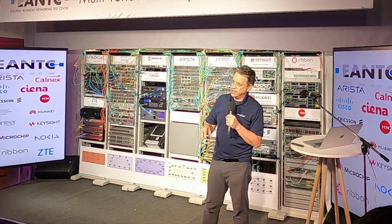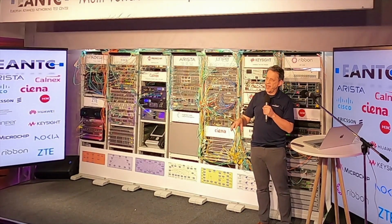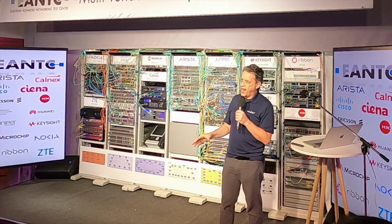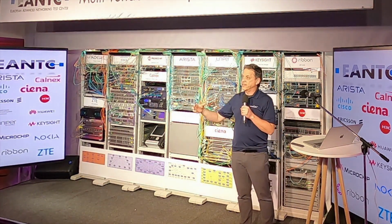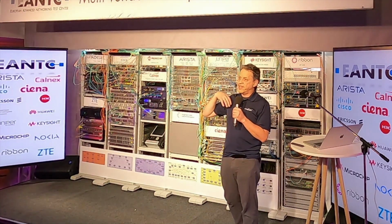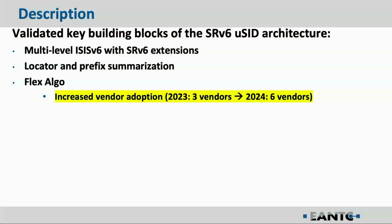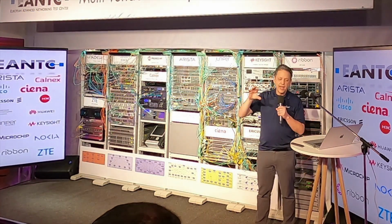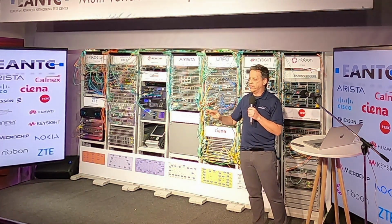What did we test? At a high level, we tested the key building blocks of the µSID architecture. Obviously, enabling SRv6. In this case, we did a multi-level design with the SRv6 extensions. SRv6 equals summarization, so we tested prefix and locator summarization as well. We tested flex algo, the key building block for traffic engineering. If you look at the numbers, the jump is 100% from 3 implementations to 6 implementations of flex algo and